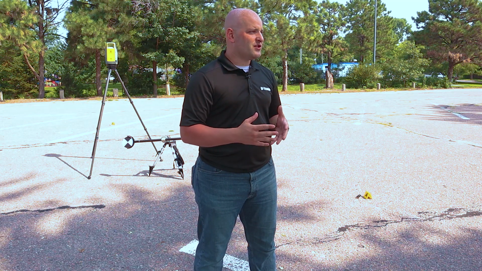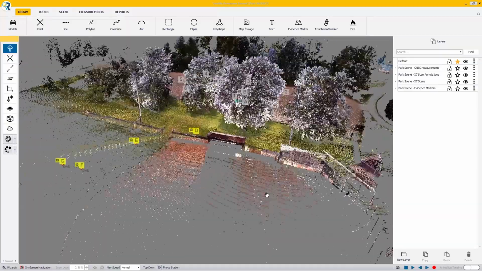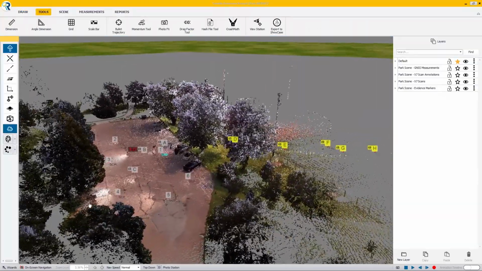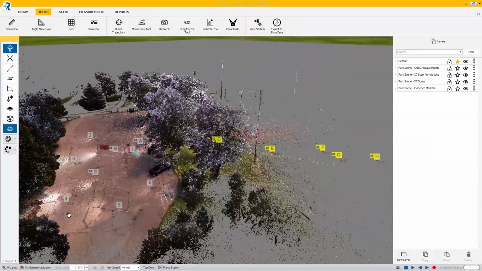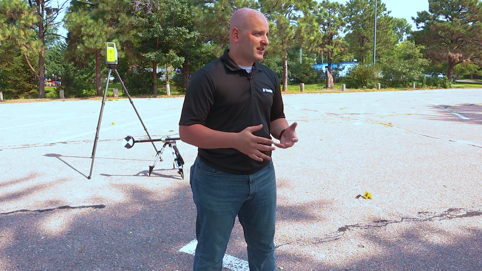The georeferencing feature makes quick work of laser scan alignment to other mapping solutions. Now, as you can see here, we integrated a GNSS instrument with a terrestrial laser scanner in the field, rather than going back to the office. This ensures that if there's something wrong, we can go back and we can fix it before releasing the scene.